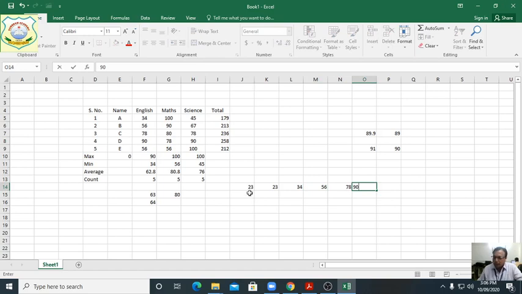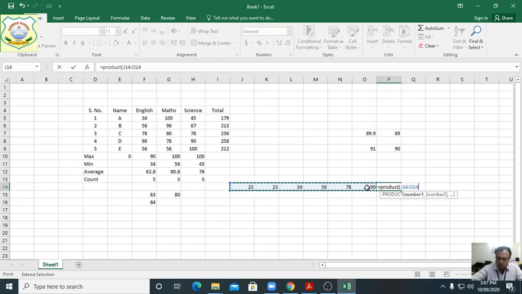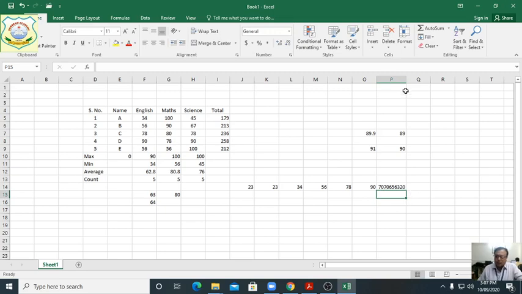We want to multiply all these numbers: equal PRODUCT, then bracket, start from this place, colon, and till here, close the bracket. See here, this number we have got after multiplication. So with the help of PRODUCT we can easily multiply all the numbers you have given. Here we have done. Clear students?